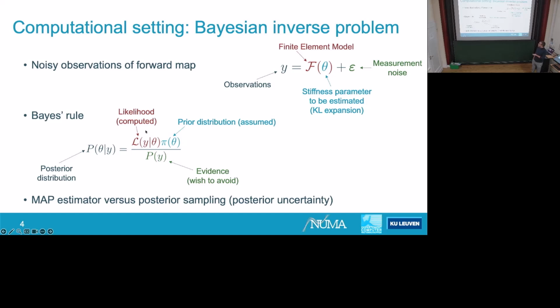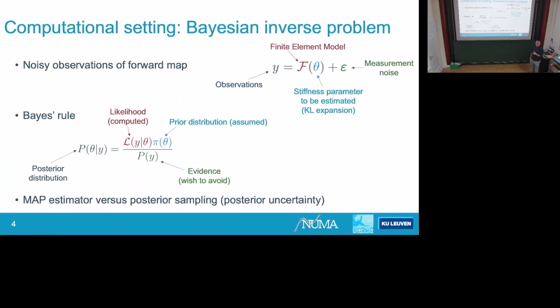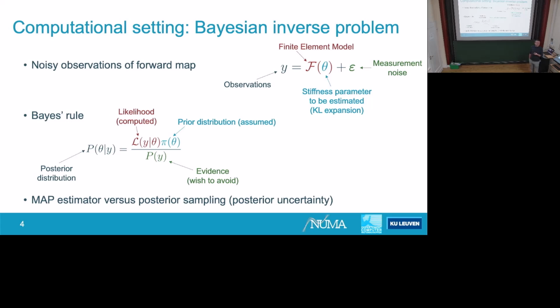Of course, you can try to optimize the posterior distribution so that you find the most likely parameter. But my belief is that without at least doing some uncertainty quantification, or having some idea of what this posterior distribution looks like, this is not very informative, because you will always find an optimal or a most likely parameter, even in the case where you don't have a lot of data.